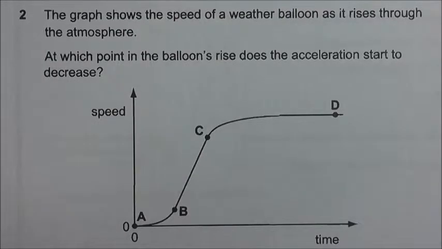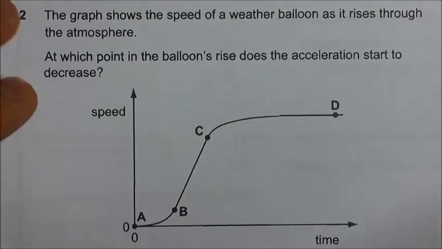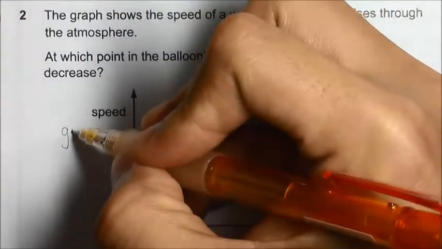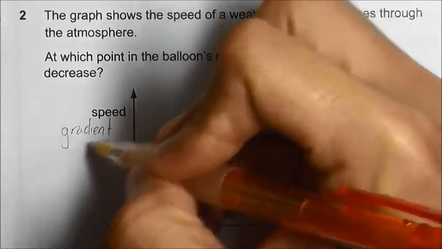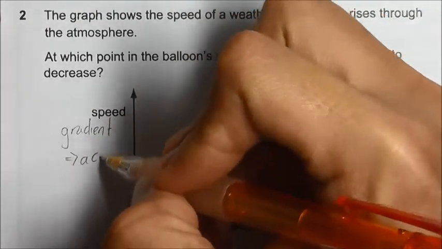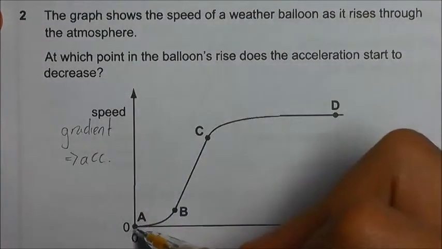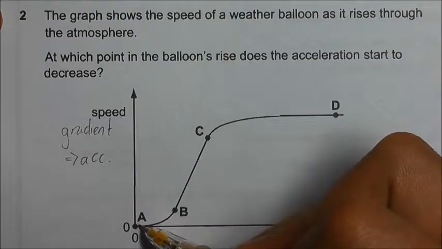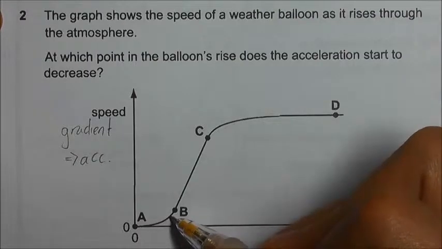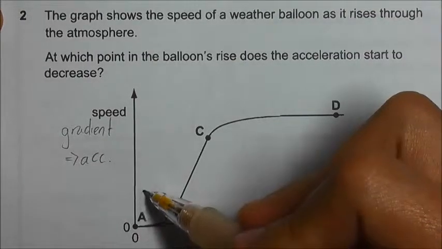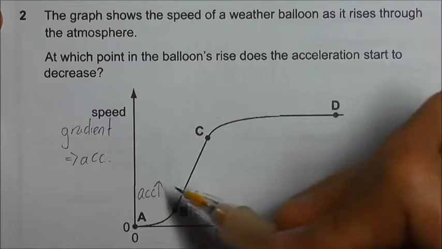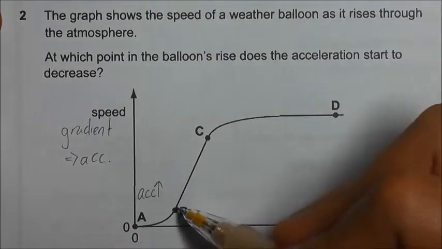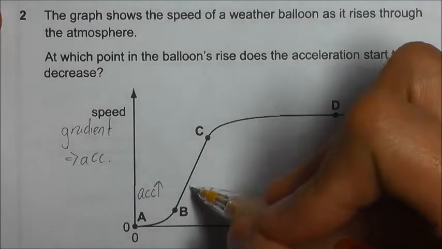We have a speed time graph in question 2. So we need to know that the gradient of a speed time graph gives us the acceleration. So starting from point A, the gradient increases because it's getting steeper and steeper. So the acceleration increases. And starting from B is a straight line, so the speed increases at a constant rate. We have constant